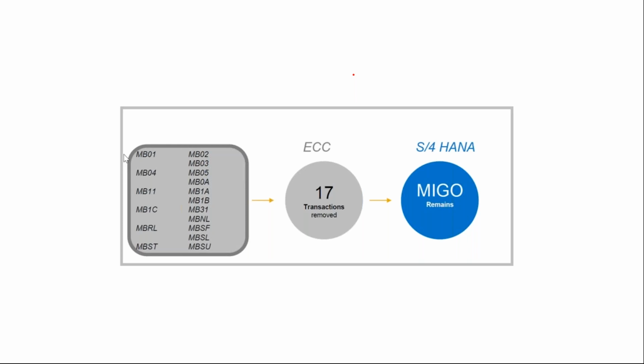So this is not new. MIGO was parallelly available right from EHP 7 and 8. But now when they wanted to redefine the data structures with the simplification concept, SAP said, let me eliminate it, because if I parallelly allow people to keep using it, whenever you have parallel transactions getting executed, it basically affects the throughput of the system. When you want a system where everything is monitored on performance, that's the reason they said, now I'll eliminate it, so that with one single transaction, it can be carried forward with the existing setup.